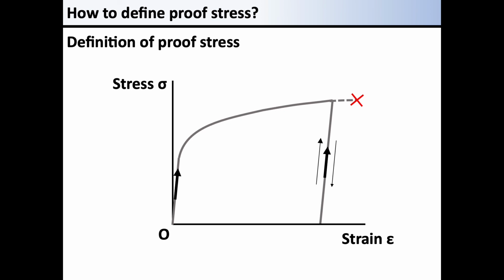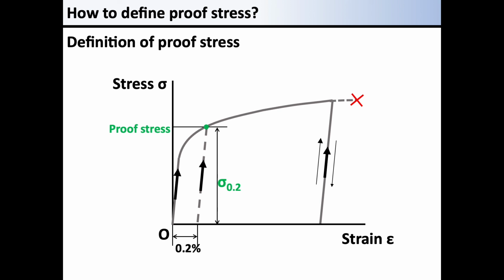The 0.2% proof stress is determined by material testing. In some cases, the material may be pulled until it breaks. Once the material behavior in the elastic region and plastic region in the stress-strain diagram is measured, the 0.2% proof stress can be found by drawing a line parallel to the straight line in the elastic region and observing their intersection point. Remember, this is a procedure to find 0.2% proof stress.